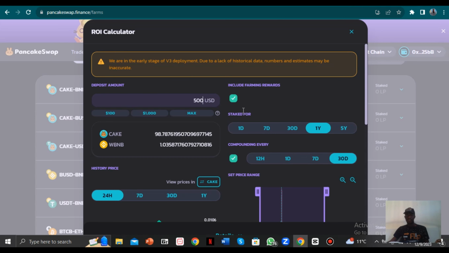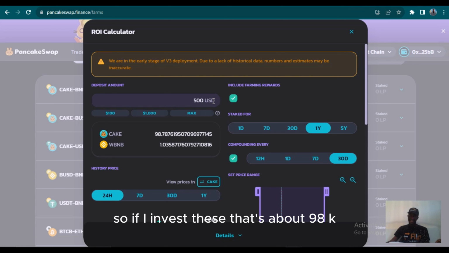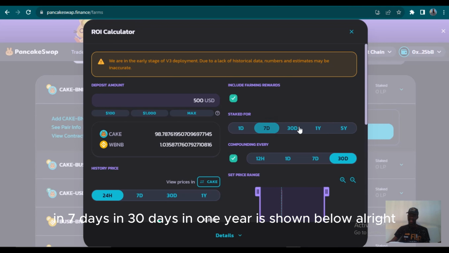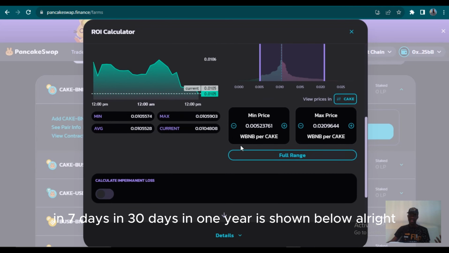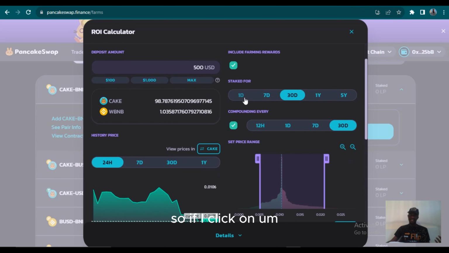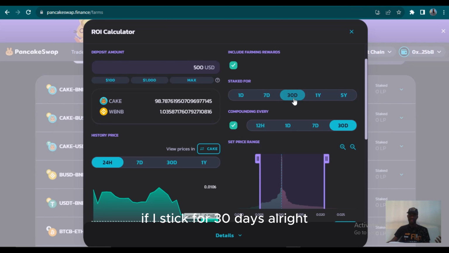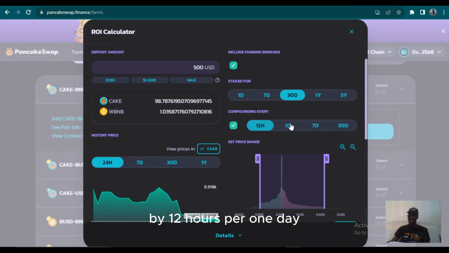All right. So this is it. If I invest these, that's about 98 CAKE. What I am going to earn in a day, in 7 days, in 30 days, in 1 year is shown below. All right. So if I click on, if I stake for 30 days,